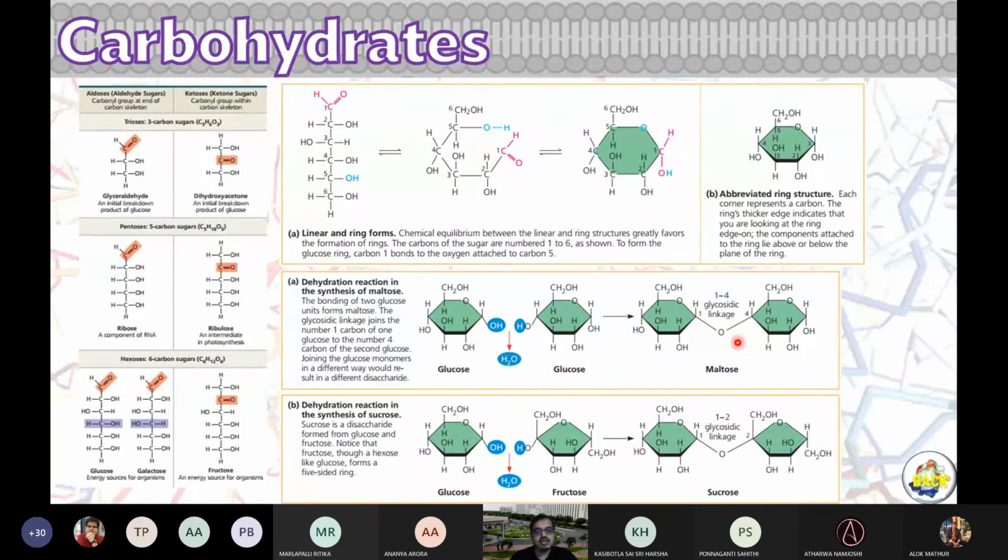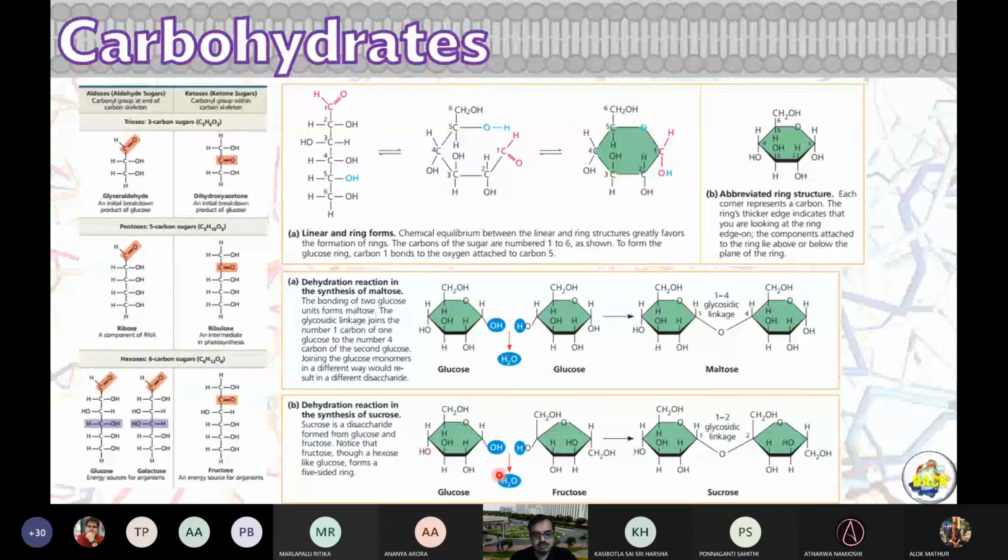If you remember, what are the linkages used for proteins? Remember? Peptide linkages, yes, correct. So in a peptide linkage, we have a carbonyl carbon, then we have another carbon linked to a nitrogen atom, right? That's how it is. So that is a peptide link. Here it is a glycosidic link. It's kind of an ether link. And in the case of sucrose, our most favorite carbohydrate, in marshmallow and many sweeteners, we have sugar as the best one.